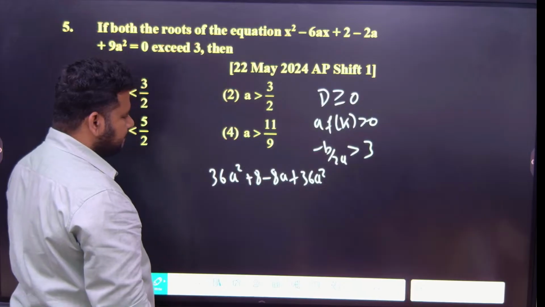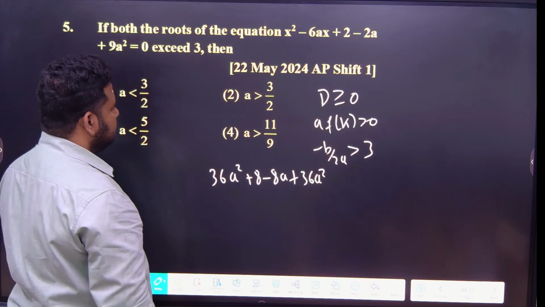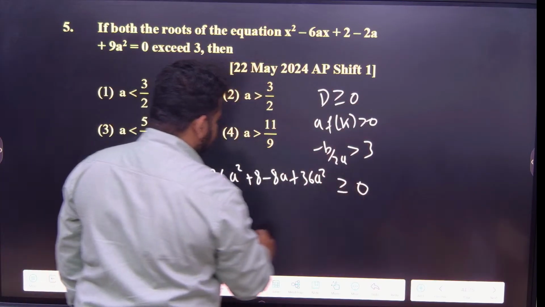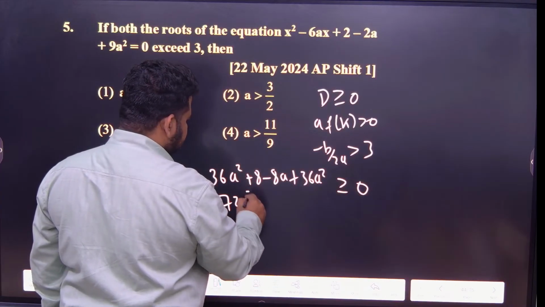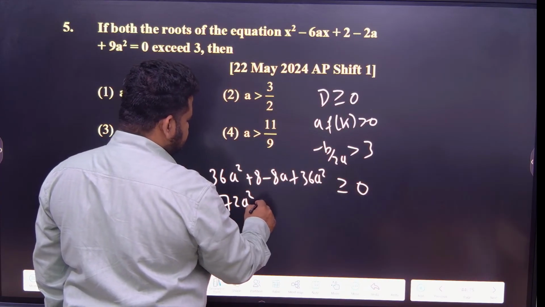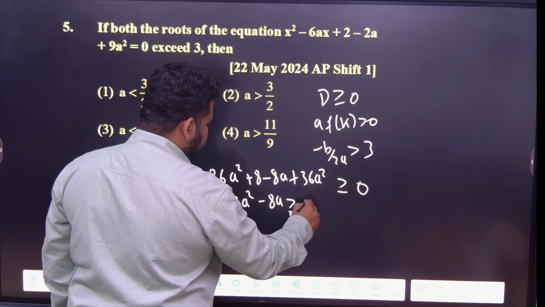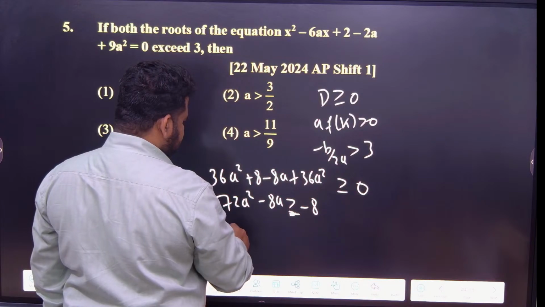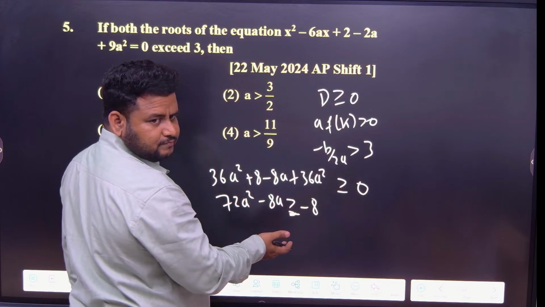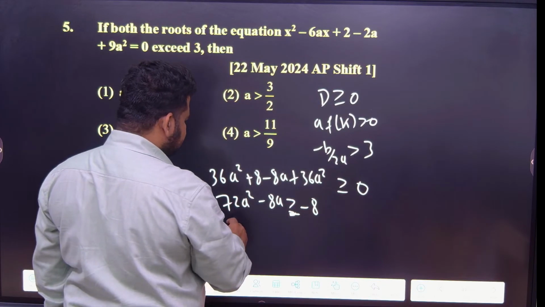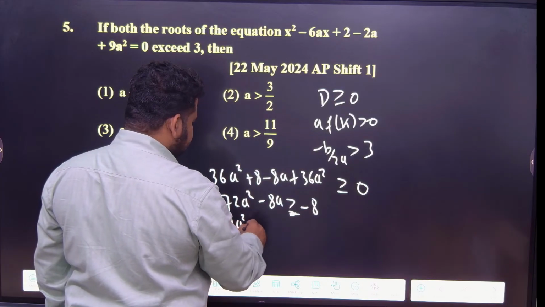What we can do? D should be greater than or equal to 0. Okay, we are getting 72a square. What is this? Minus 8a is greater than or equal to minus 8. Correct? So I can divide by 8 throughout. What I will get? 9a square is greater than or equal to